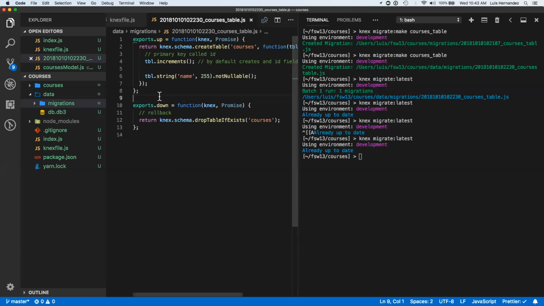So how will you change the name column to first name? I'm going to ask you this. Let's say that we already have the name column, right? And then we want to change that to be first name instead. Every time you want to make a change, you create a new migration. So we say knex migrate make, and then we give it a name. I'm going to say rename